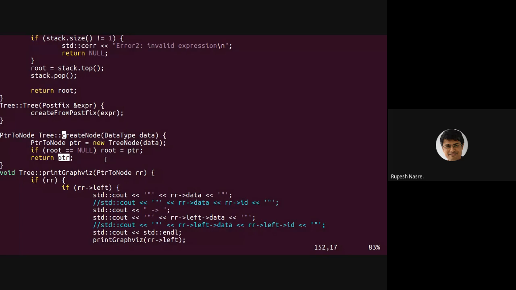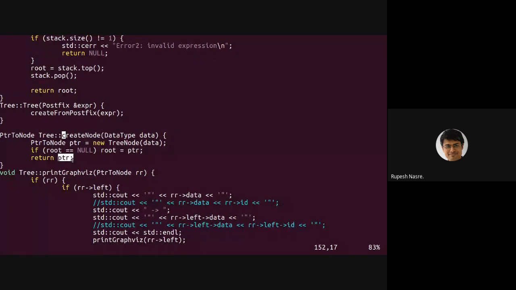In addition, what it does is that if the root happens to be null, that is, this is the first node to be created in the tree, it also updates the root. That is just a kind of additional mechanism that reduces some coding. Otherwise, we will have to require that this create node returns, I mean, this anyway returns, but in main we will have to handle changing root, but root cannot be accessed directly because root is likely to be a private variable.